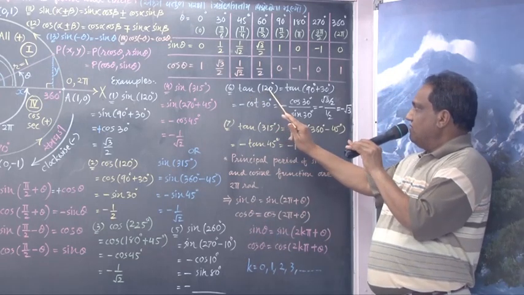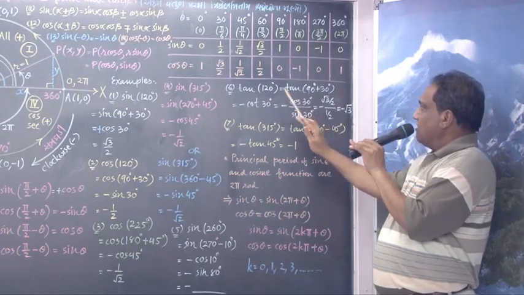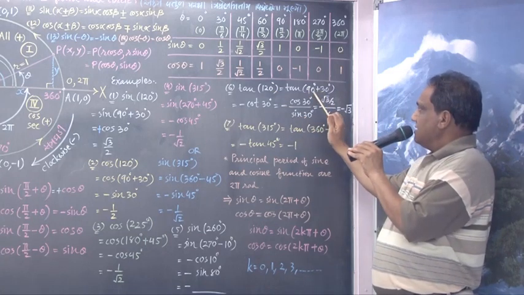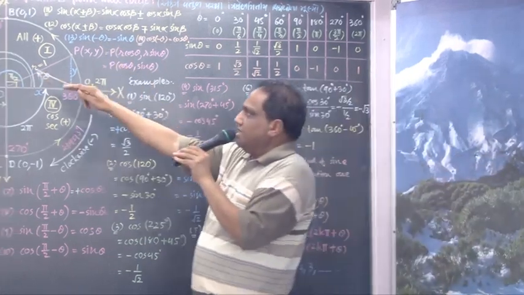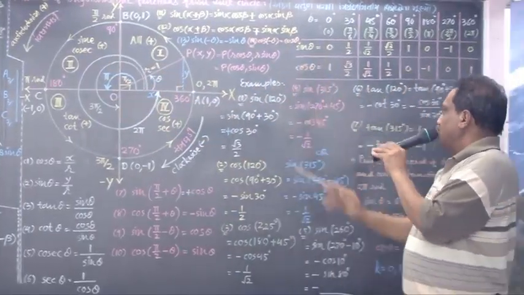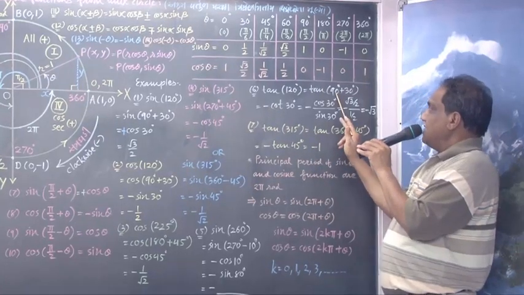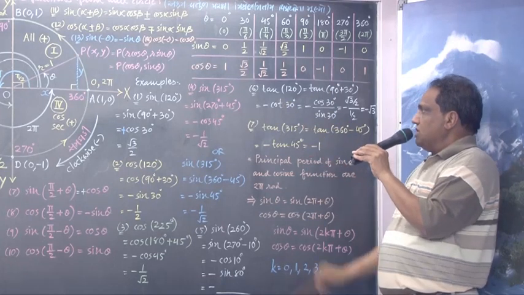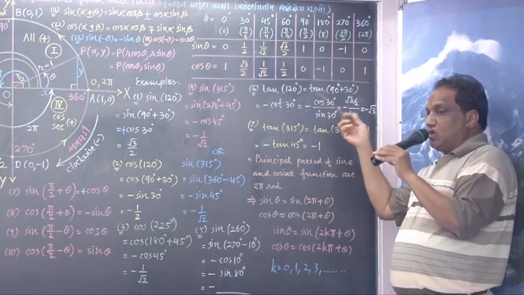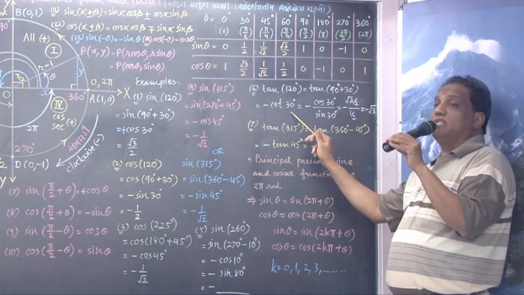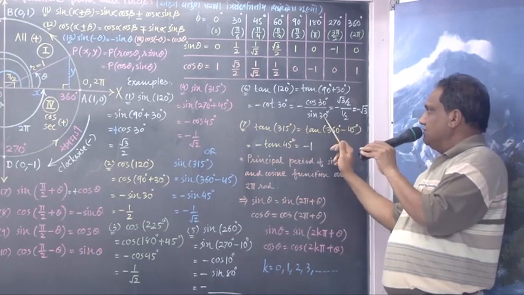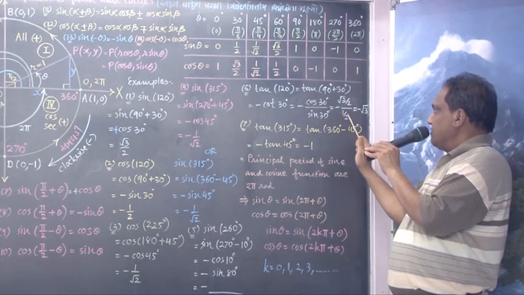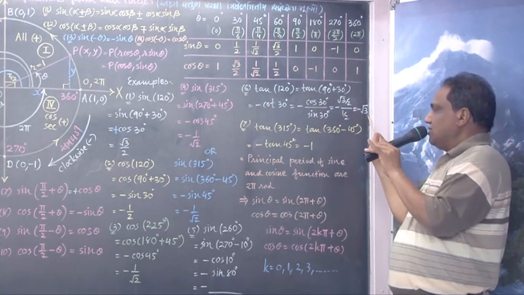Wait. Last one. Look, tangent of, suppose I want, 120 degrees. Come on, 120 means what? 90 plus 30. Now tell me, 90 plus, second quadrant, tangent is negative. So I should write minus. And when it is 90 degrees, the coefficient is 1, an odd number, so tan should be converted into cot. Cot 30 degrees means what? Cos theta upon sin theta. So cos 30 degrees upon sin 30 degrees, minus as it is. Cos 30 is root 3 by 2. Sin 30 is 1 by 2. The 2 will cancel, giving you minus root 3.